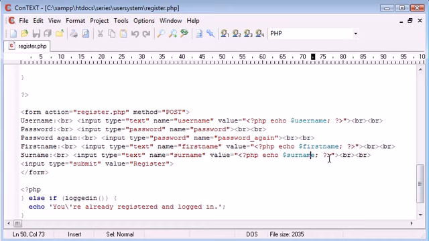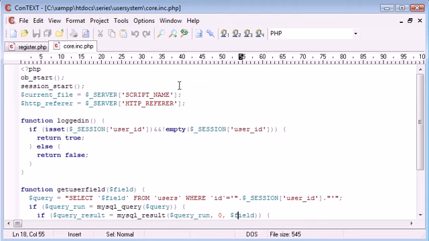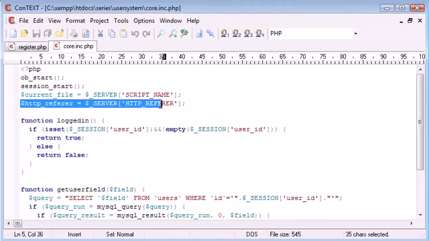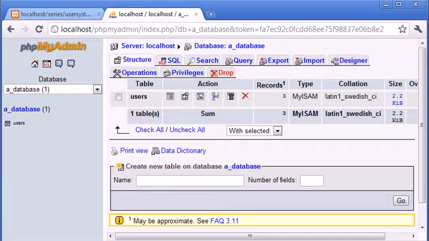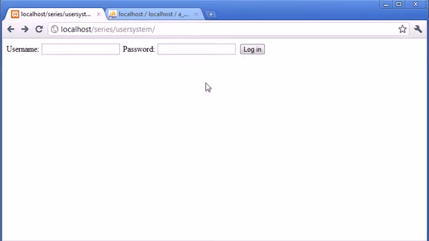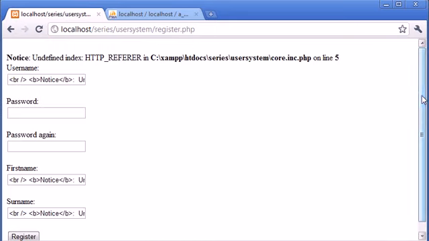And we also have another issue in, let's just open core.inc.php. We've got this HTTP referrer here. Now obviously the HTTP referrer is going to give us the page that we were referred from. So therefore, if we were to open up our page and we were to go over to the register.php file, you can see that we are given a variety of errors. Now the error at the top is to do with the HTTP referrer. It gives us an undefined index error,